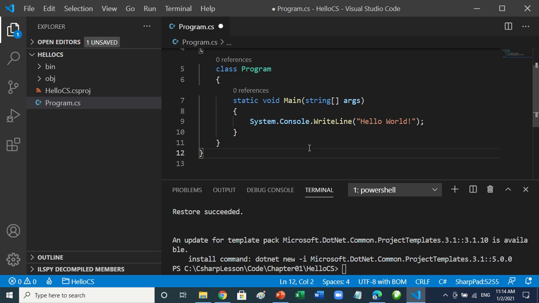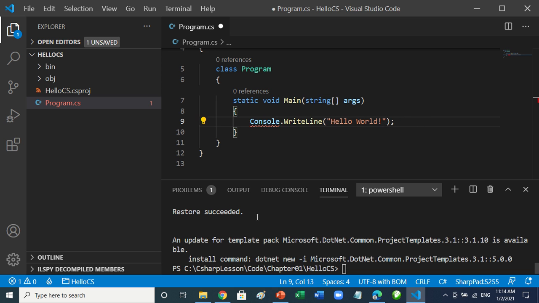That is one method. But the disadvantage of this method is that what if I need to write System.Console several times? That means I'll be typing System.Console, System.Console. I can write it 1,000,000 times. You get? So if I don't want to use this method, the best way is for me to import the name of the namespace at the top,